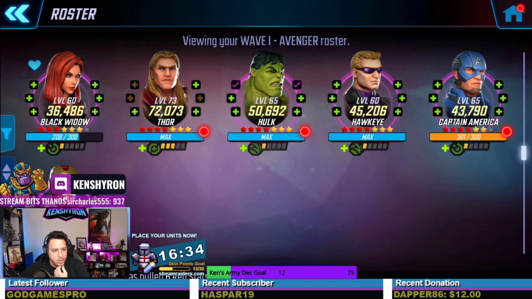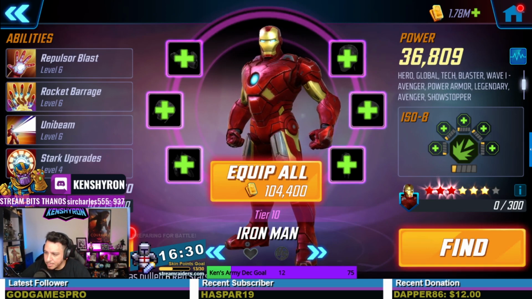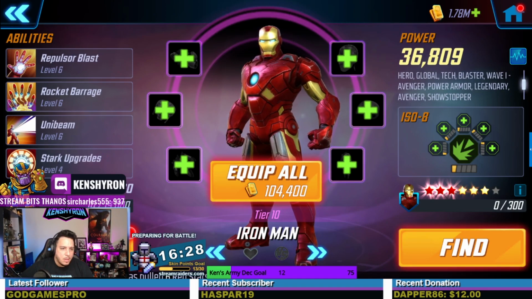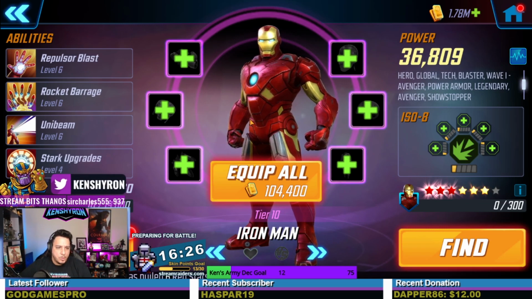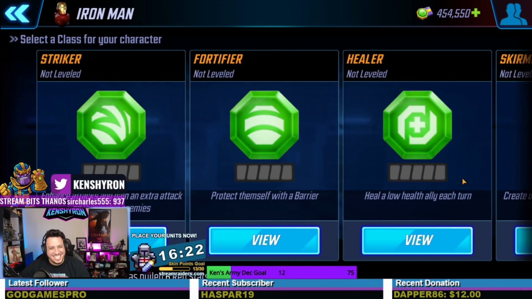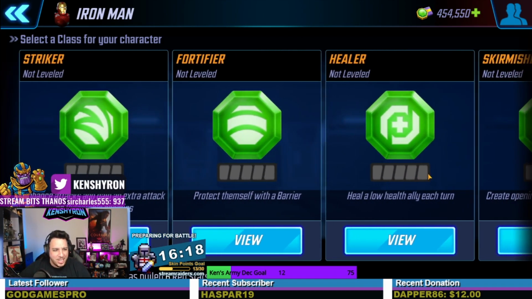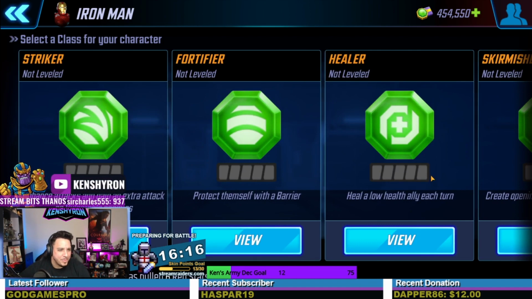Dapper, what are you doing on him? All right, so he's part of one of my itty mini crew, so I'll pick Striker for him. You pick Striker for him too? Yeah. For your itty mini? You went itty mini on him? What were the other options when you were going itty mini for him? I don't know. I think I just seen